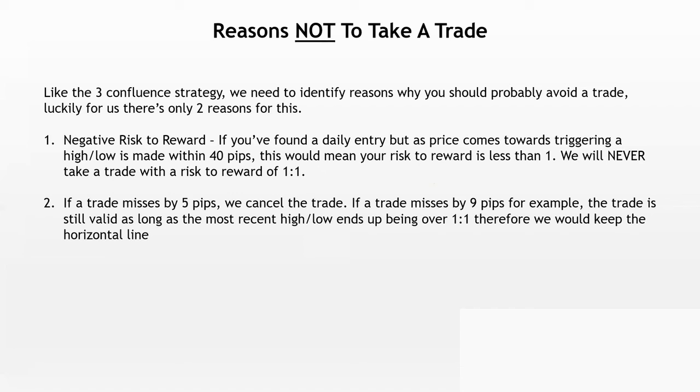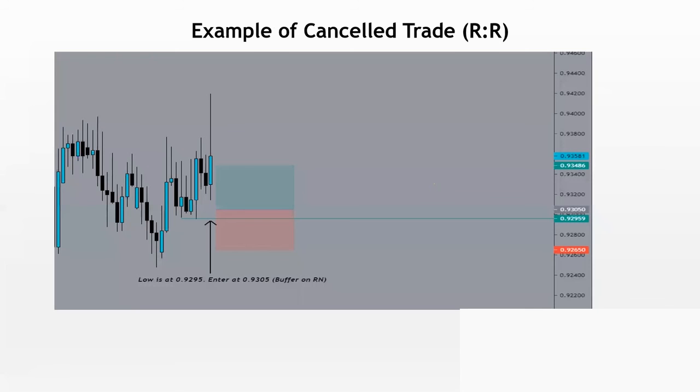So let's look at an example of a cancelled trade. So this here, you see, this was a low within the market, which pushed up. So you see here, low, a high was made, pullback. This is now a low within the market. And then it pushed up and created a new high. If you look where this line is drawn, it's at